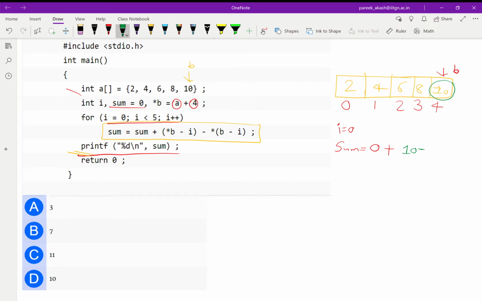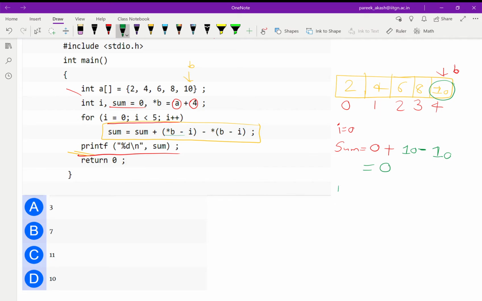So 10 minus 0 is 10. So we have completed this part, and then again minus, and now b minus I. So b is an address minus I. I is 0, that means b minus 0. So b minus 0 will be b, and star of b will again be 10. So the overall answer should be 0. That means for I equals 0, sum is 0.